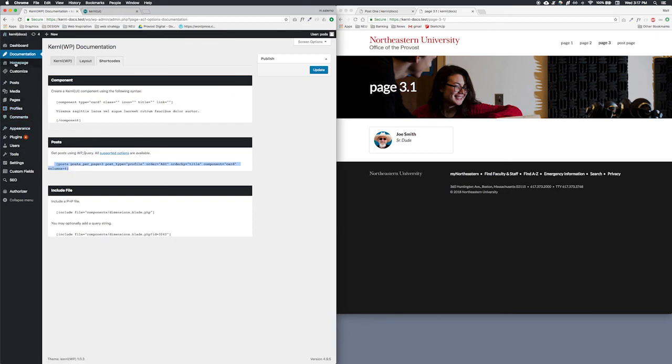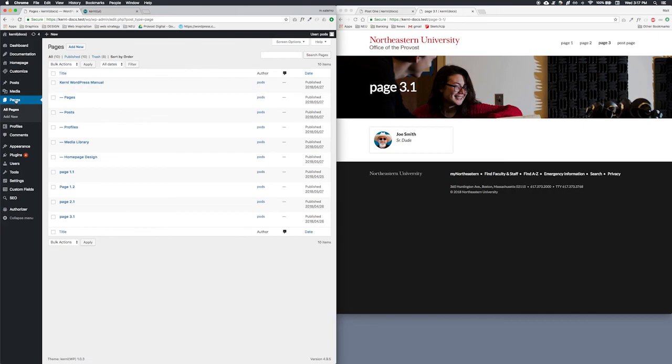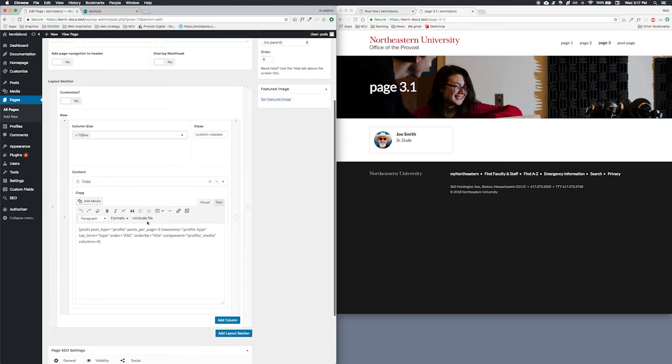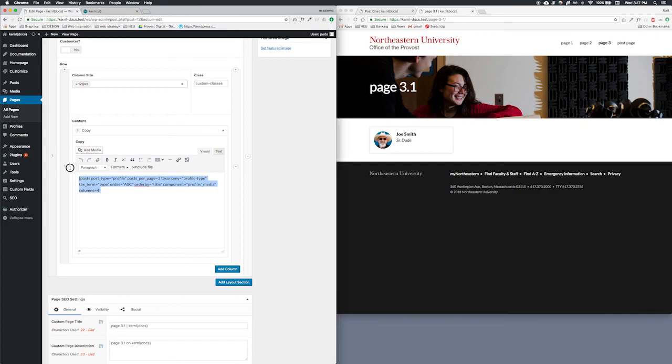You would copy this and paste it, and in this case it's page 3 here. Now, when you actually have that copy and pasted, you'll need to tell that it is a profile